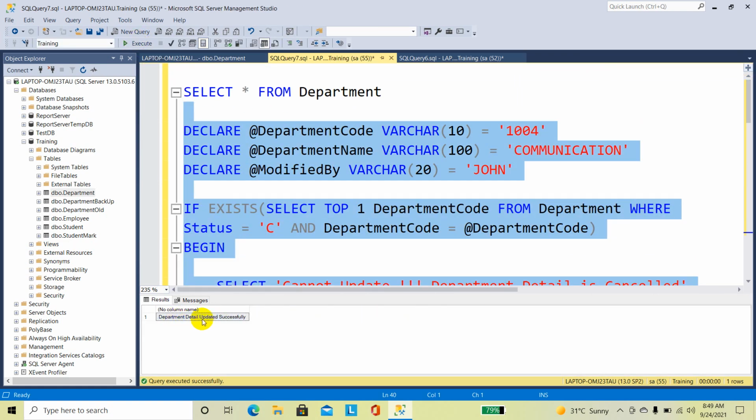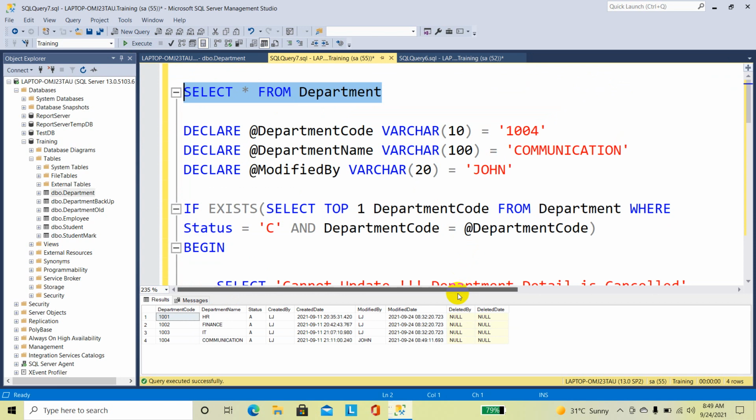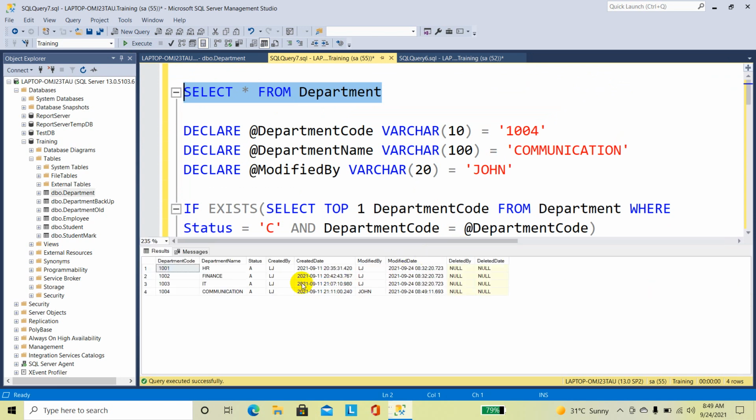Now you can see department detail updated successfully. Now I am going to select the statement. Now you can see here the modified by is updated with John, and the department name is same, communication, and modified date is updated with the current system time.